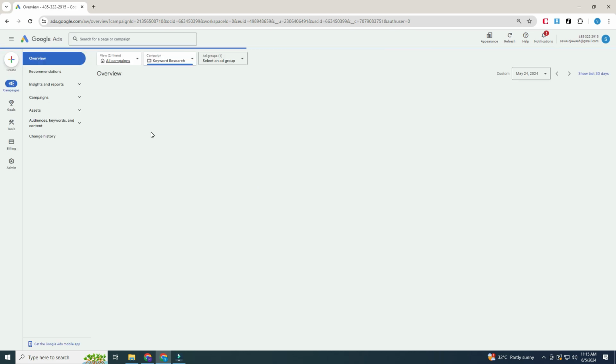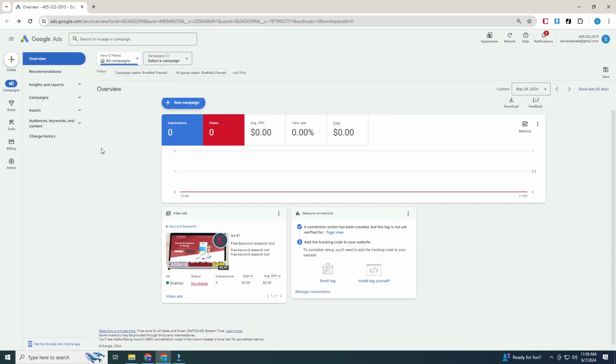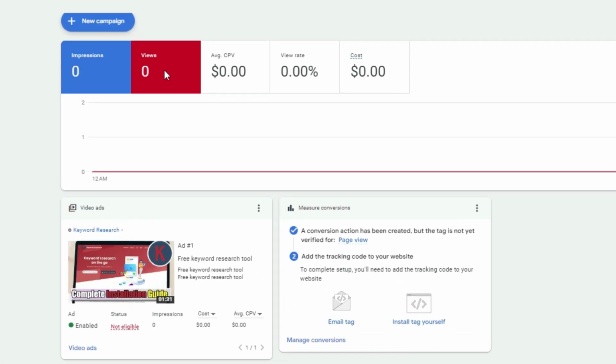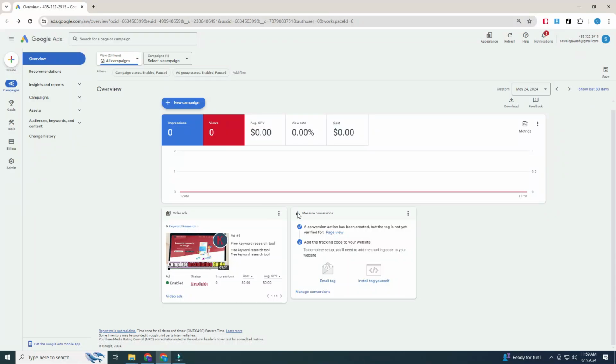Your ad is now live and ready to bring in more views to your YouTube video, and that's it. By following these steps, you can effectively use Google Ads to increase your YouTube video views. Yes, you'll have access to the Google Ads dashboard where you can monitor your campaign. From there, you can track various metrics including impressions, views, average CPV, cost per view, and cost, among others. This dashboard provides valuable insights into the performance of your campaign, allowing you to make informed decisions and optimize your